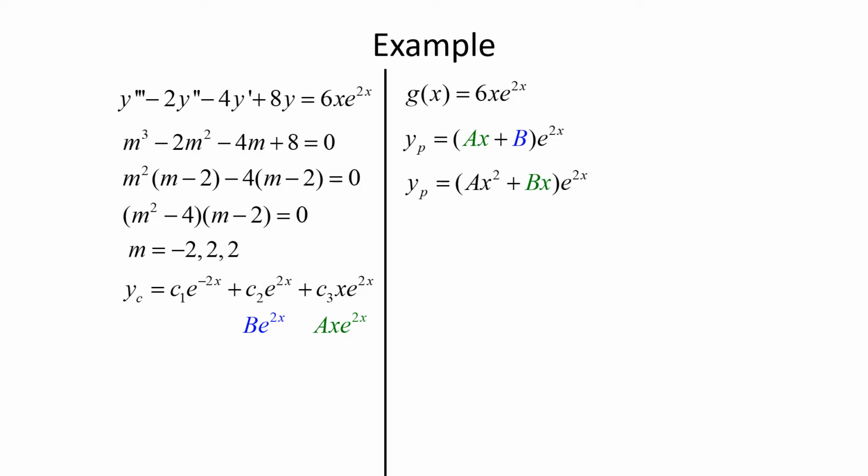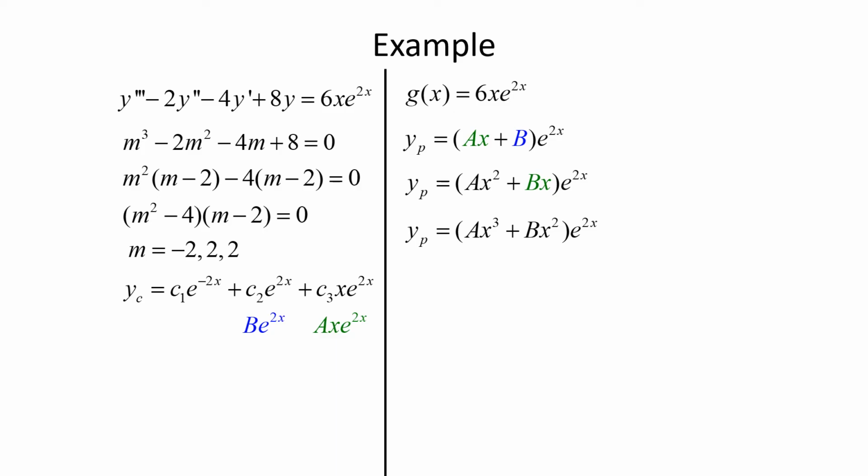So we get (ax squared plus bx) e to the 2x. Well, that bx e to the 2x, that's still of the same form of the last term of yc. So we'll multiply by x again. And so we wind up with yp equals (ax cubed plus bx squared) e to the 2x. Now that we found the form of a particular solution that doesn't have any repetition with our complementary function, we can proceed to take its derivatives and plug it into the